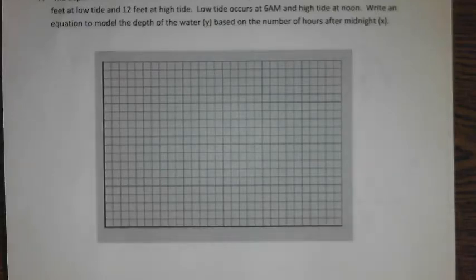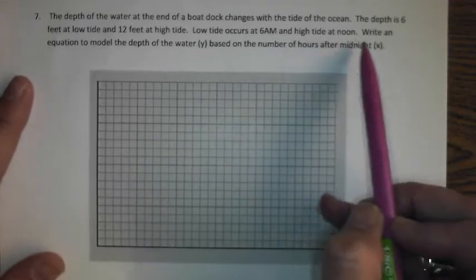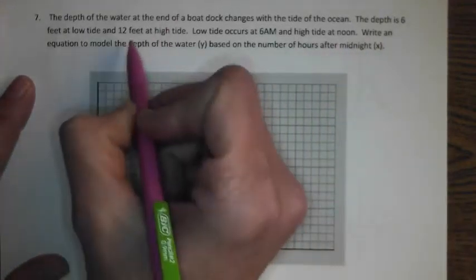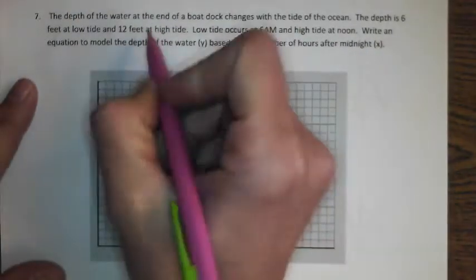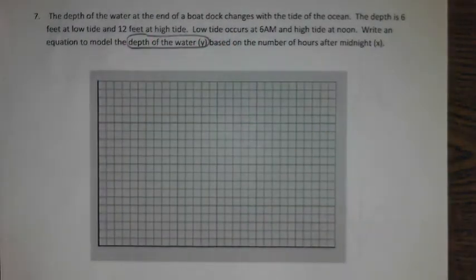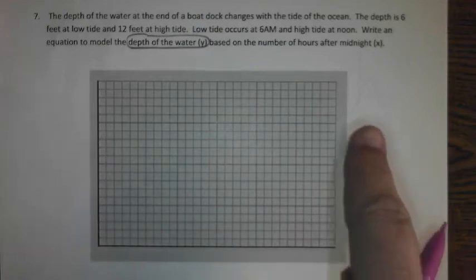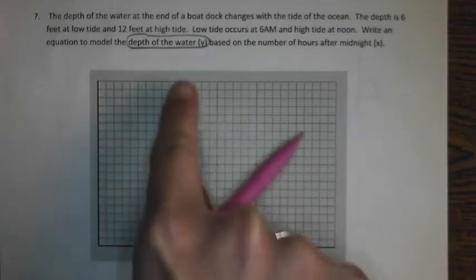And then try to pull points from the word problem. So if I read this again, they say write an equation to model the depth of the water, y. So what should I label based on that piece of information? What's that? The water depth, and what gets labeled water depth? The y-axis, right. Y-axis,